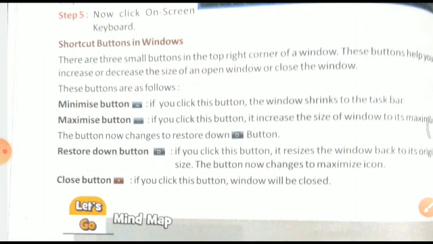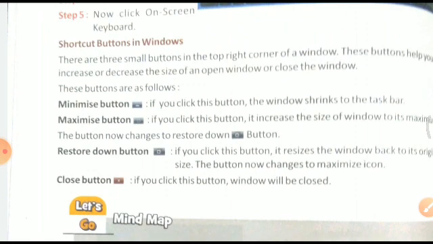The button now changes to the Restore Down button. If you click this button, it resizes the window back to its original size. The button now changes to the maximize icon. Close button: if you click this button, the window will be closed.